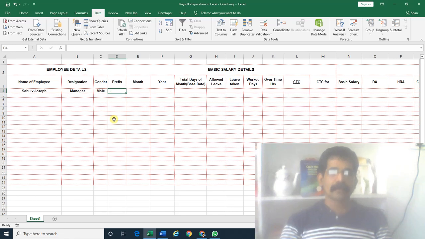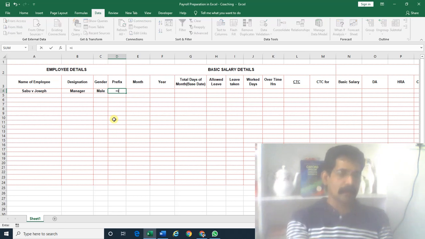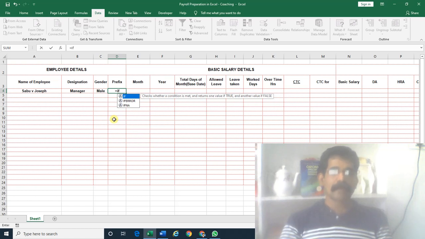What I am doing is, if this one is male, the prefix will be Mr. If this one is female, the prefix will be Mrs. So what we will do, equal, IF, use tab, press tab, that's the easiest way, or shift bracket. The easiest way is every time when we insert a function, just press tab.